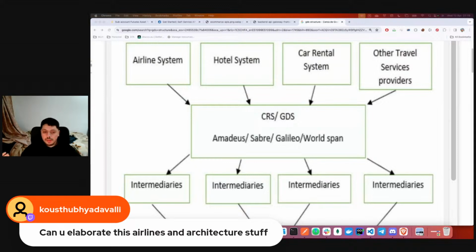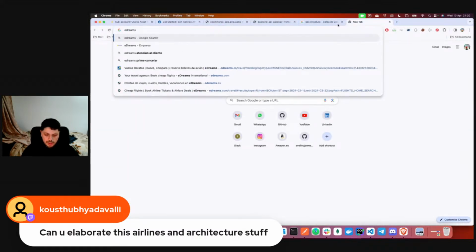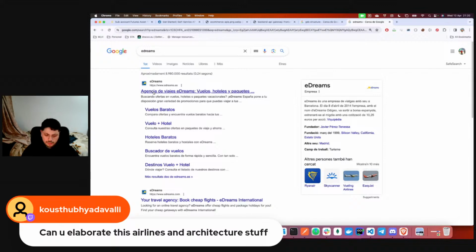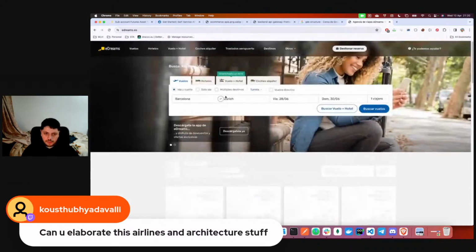So what Amadeus does is sell it to other flight aggregation platforms like eDreams, Skyscanner, whatever. Well, not Skyscanner, because they basically redirect you to the airline site. For example, eDreams, I don't know if you know it, is basically an aggregation site. It's called eDreams here in Spain. You just search for flights.